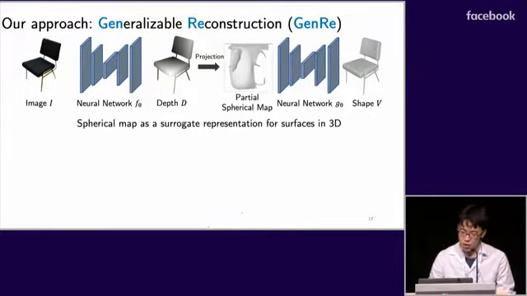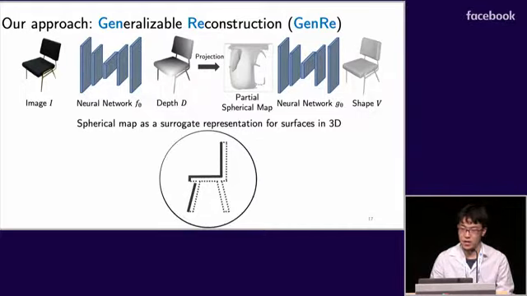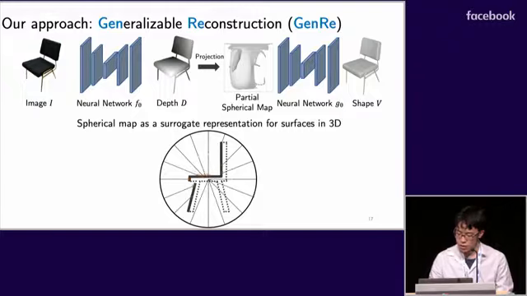To overcome this, we introduce a surrogate representation of 3D surfaces called spherical maps. The spherical maps are defined as projecting 3D surfaces onto a unit sphere. Specifically, given a sparse surface in 3D, we first initialize a UV discretized unit sphere around the origin. Then, for each UV coordinate, we shoot a ray towards the origin, record the distance it traveled till hitting the surface of the object. Through such operation, we encode the 3D surfaces on a 2D manifold where the surface information